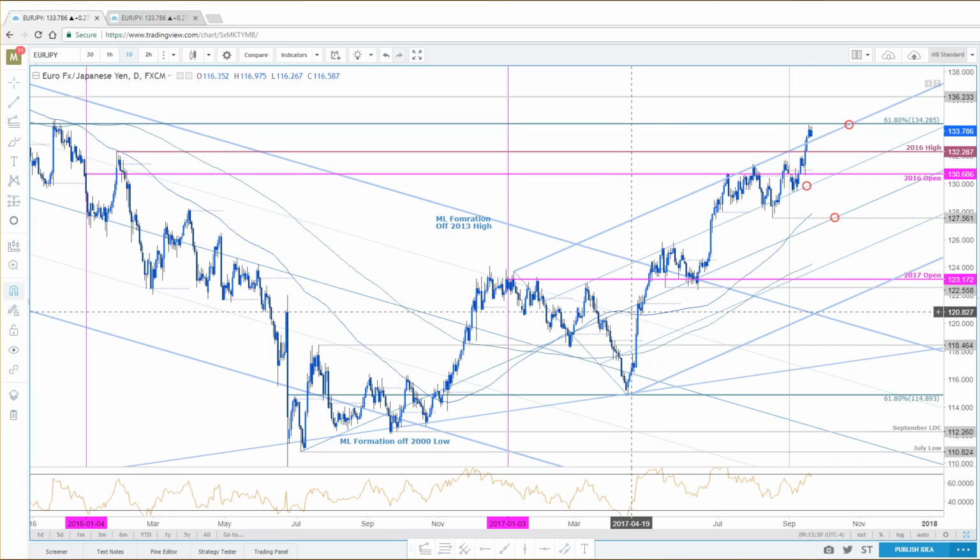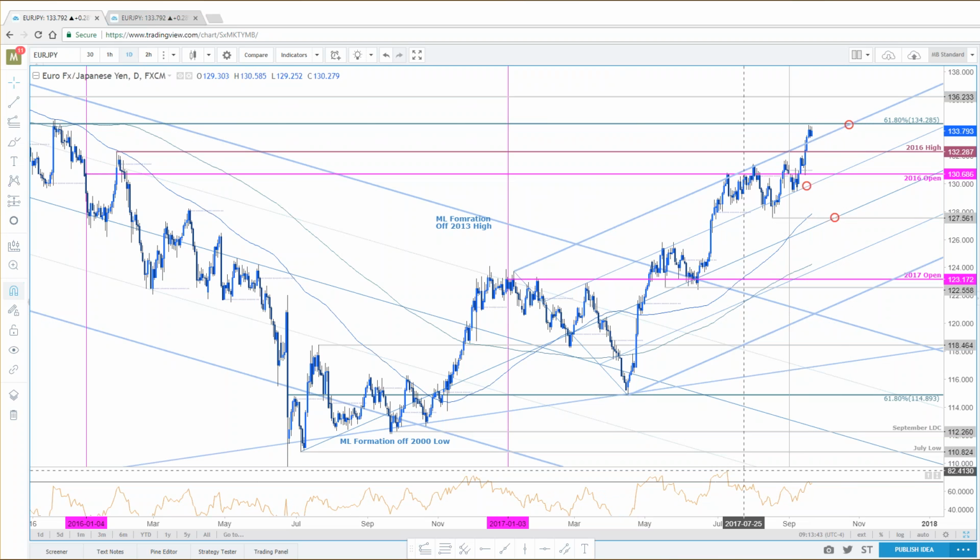We've been following this pitchfork, Pooja, for a while. If it's a topside break of the upsloping formation, what do you want to see? You want to see acceleration. We're not. In point of fact, you're seeing some divergence here. Price action making a higher high as the oscillator made a lower high. Now that's on the longer scope.